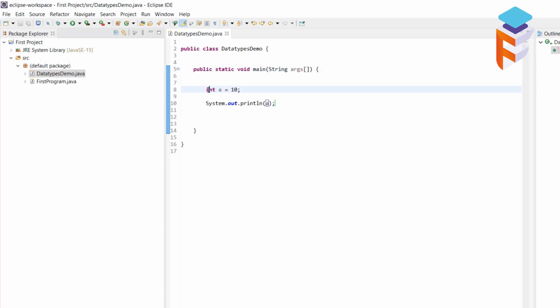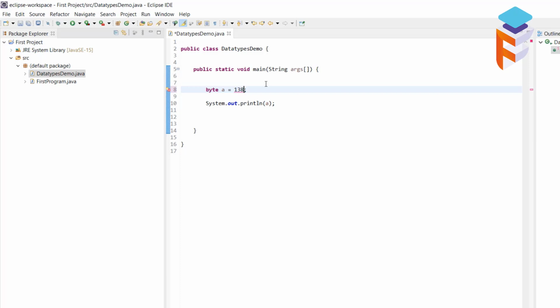Instead of int we can also go with byte or short. Let's go with byte first. Yeah, we got the same output, but the difference between int and the byte data type is its range. Using byte, the problem is we cannot store values beyond 127. Let's try saving 138. Here if you see we got the error, it's because of its range. Using the byte data type we can only store values from -128 to 127.